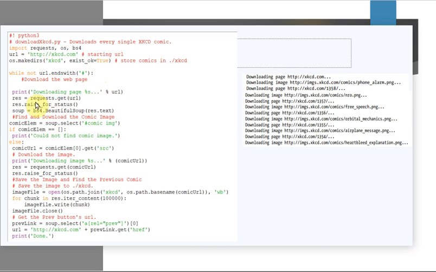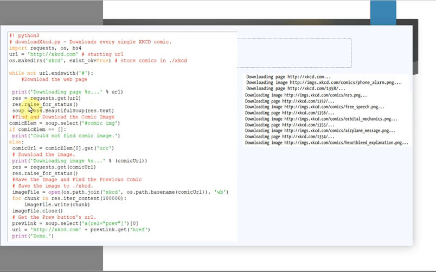And then we are using the requests module's get function. We have already seen this get function. Whatever URL you have passed, our URL is xkcd.com, so you are going to download from this particular URL. When you're downloading, you also check whether the download has been successful.